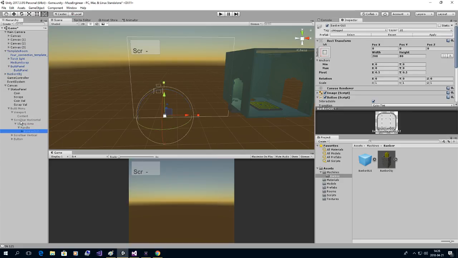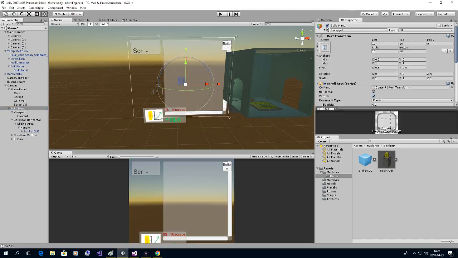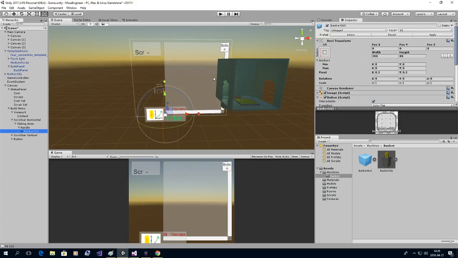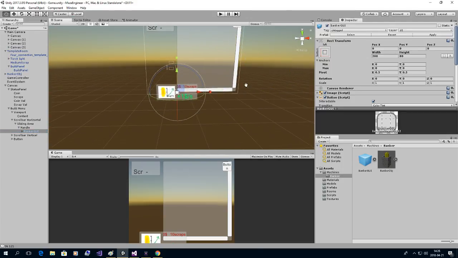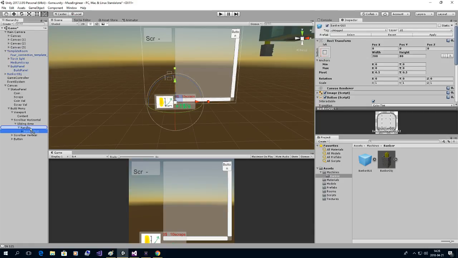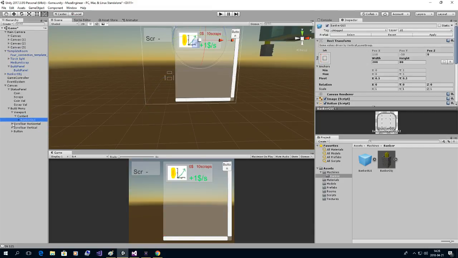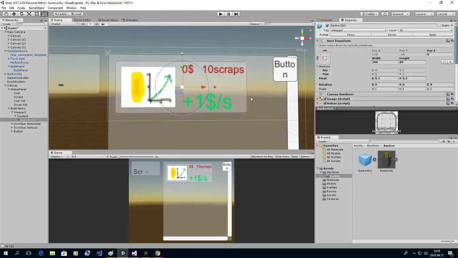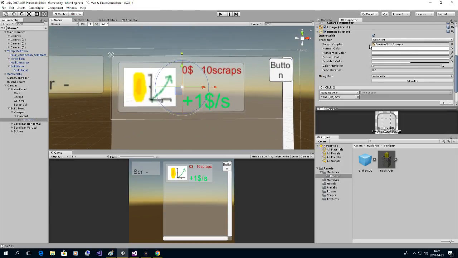So if we add our banker GUI here, I'll just put it, yeah. No, it should be the content. So we have our banker GUI, and we want it to be a button, and as the button gets pushed,